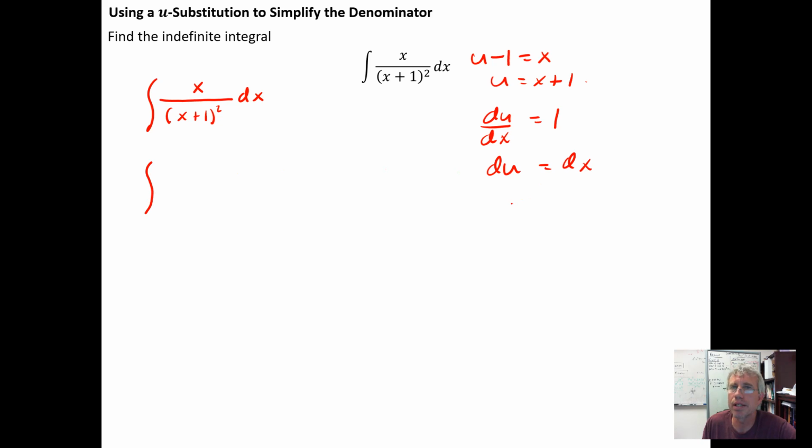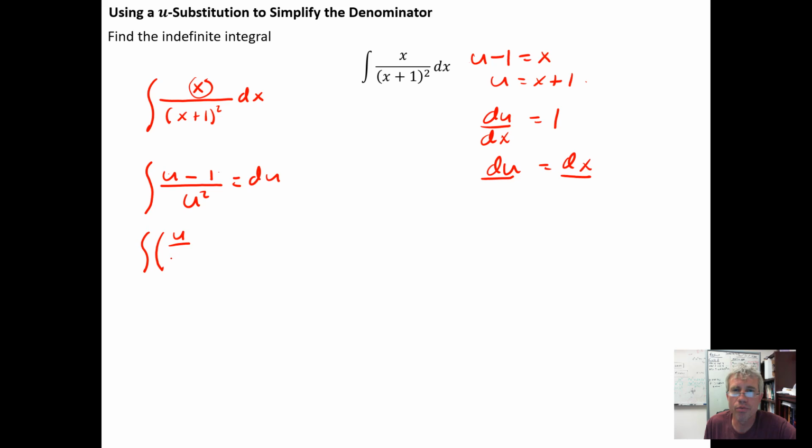So I'm going to replace x with u minus 1. So my numerator has a u minus 1. And I'm going to replace my denominator, x plus 1 quantity squared, with u squared. And then du and dx are equivalent, so I can replace the dx with du. And now I have two terms in the numerator that aren't connected with a squaring or some other power, and I have a single term in the denominator, so this is going to allow me to rewrite this integral